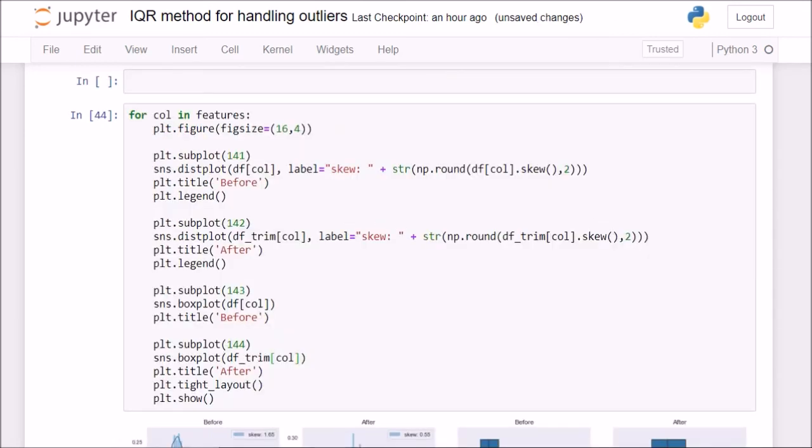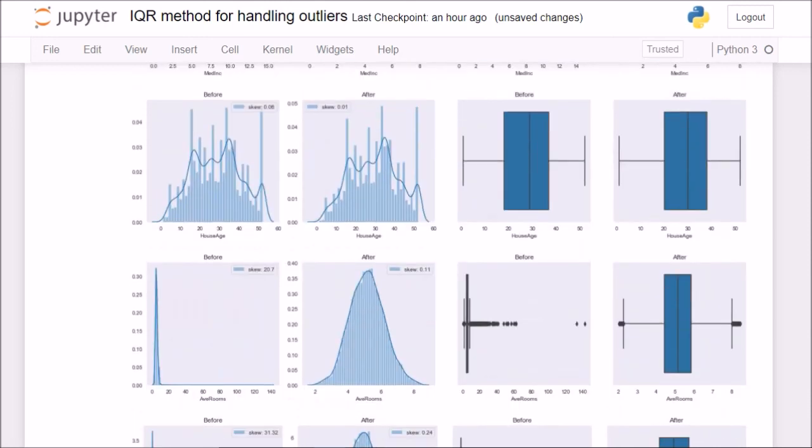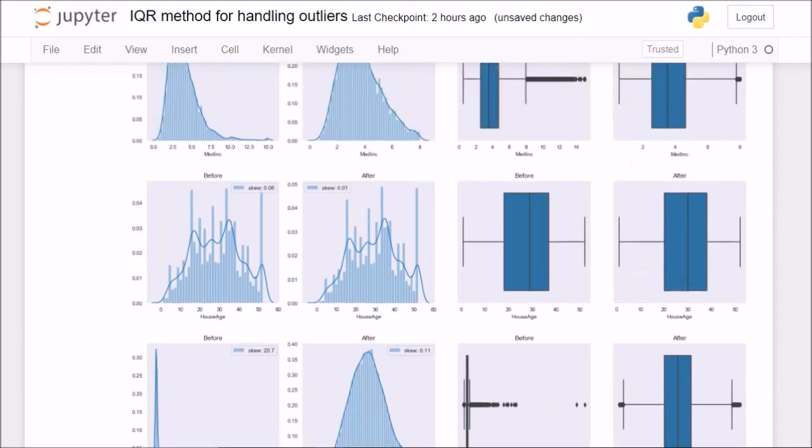Now if you draw the before and after plots, we'll see the difference. Now you see, even after doing the trimming, we are left with a few outliers. So we are not left with these outliers. These outliers are new generated outliers because we are now giving new conditions to this median income column and all the other columns as well. So this does not mean that we go on trimming the outliers. Once we do this, this should be enough.